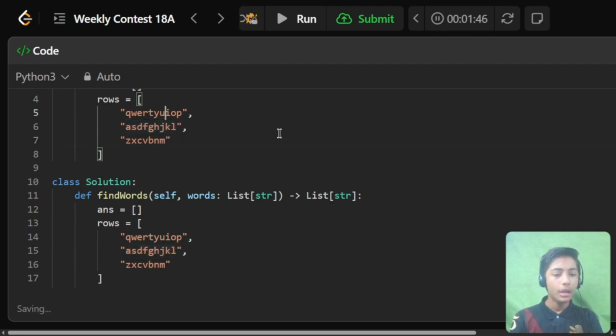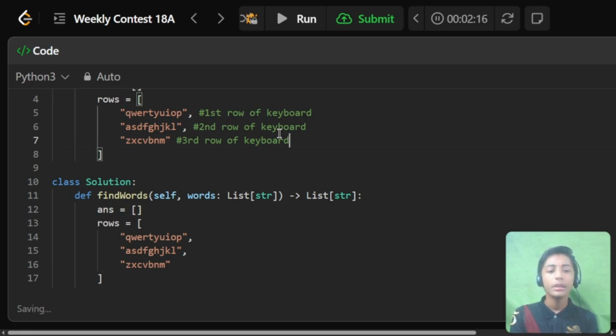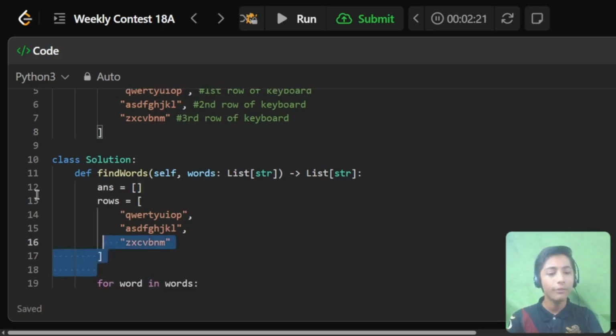What is the meaning of this writing? It means these are the rows of the keyboard: in the first row there are these letters, the first row of the keyboard. Then the second row of the keyboard, and the third row of the keyboard. I wrote all the letters of each row, not alphabets.